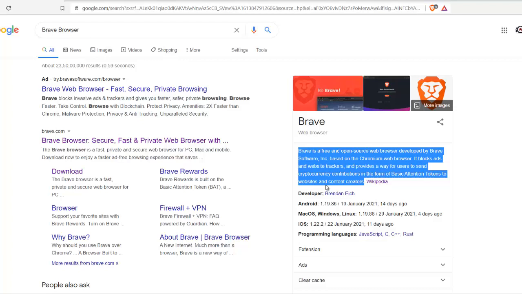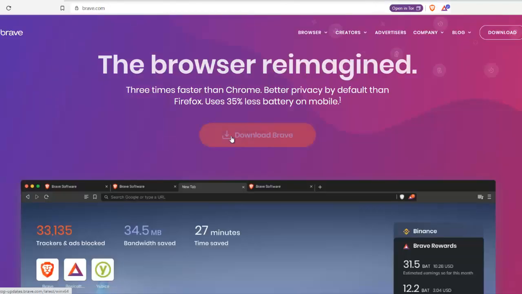And now these days people are more concerned about privacy. Like recently we have seen how people in India have reacted to WhatsApp, and they have started uninstalling WhatsApp due to its change in privacy policy. And due to these privacy concerns, Brave browser is now becoming the alternative to Chrome browser, because if you are using Chrome browser, then you are going to see a whole lot of ads on any web page. But if you are using this Brave browser, you are not going to see a single ad on any web page. So if you want to download it, directly go to the official site, download it and install it